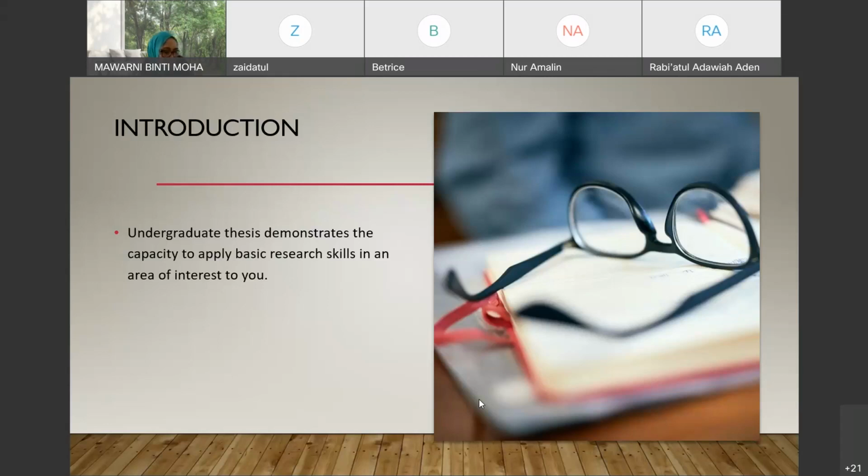Okay, and why do you do research? Because this is a systematic approach or process of collecting information and analyzing data. It's a systematic way. You've got to follow the steps, and it has a purpose. The reason is that it increases your understanding of the topic and the issue that you would like to study. All right, next slide, please.